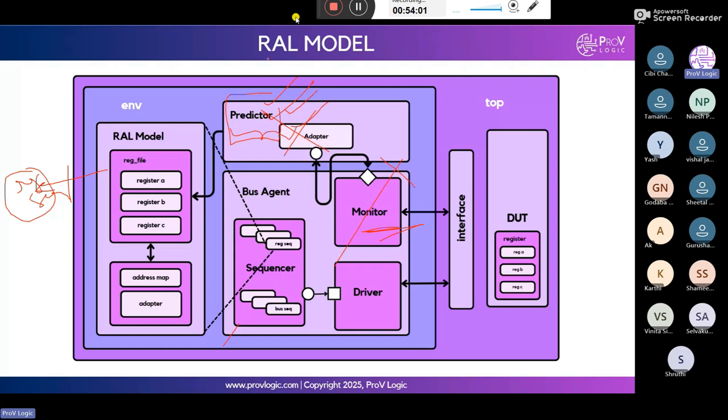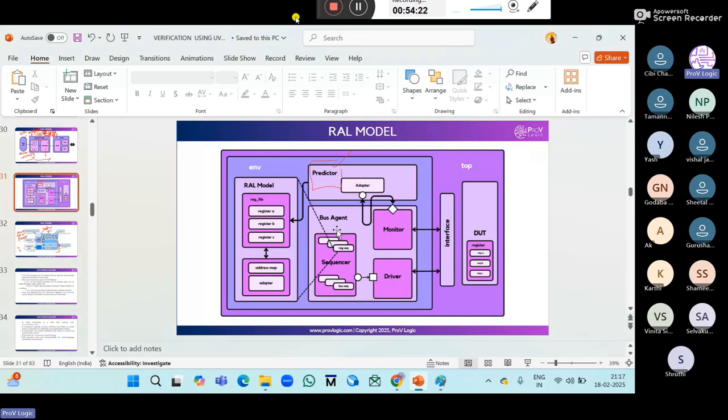Passive prediction is also the same, but with this agent we don't connect the register sequences; we connect the bus sequences directly. This block diagram we don't have at the agent. Directly we will consider the bus sequences.